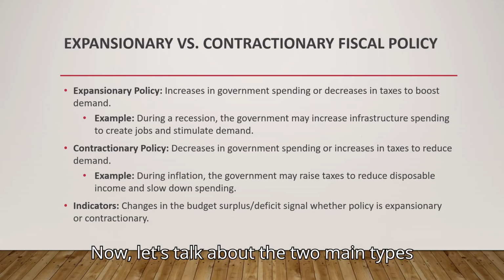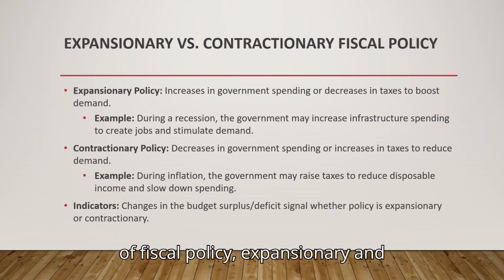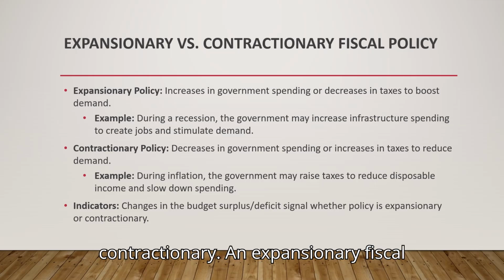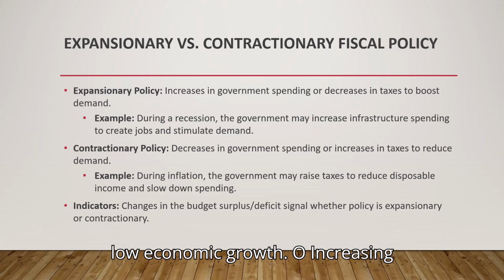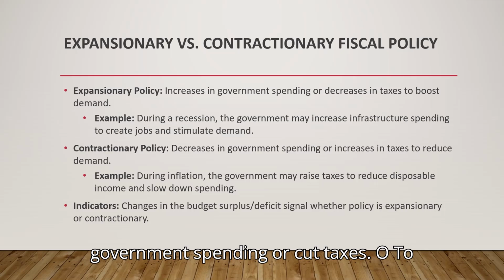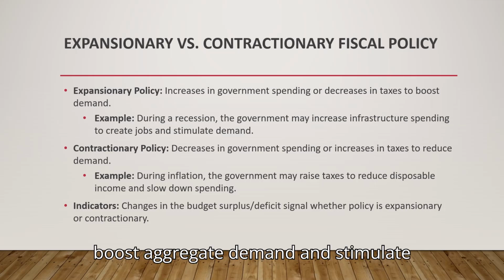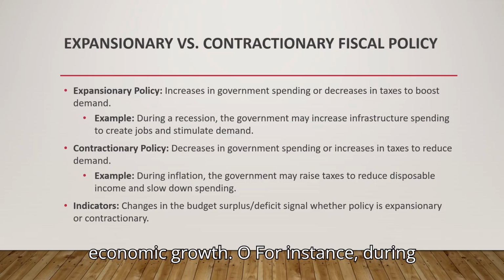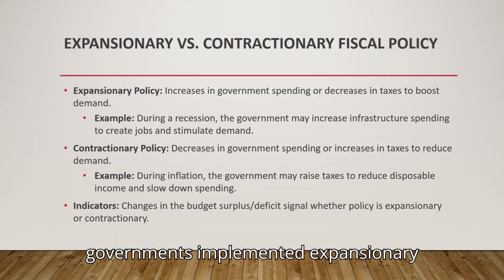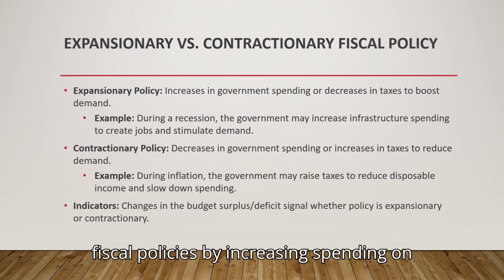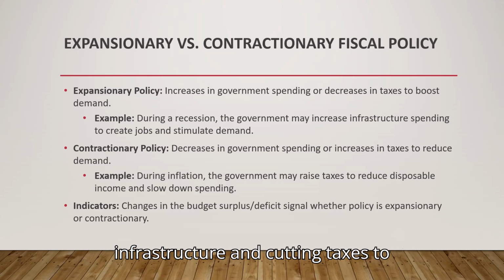Now let's talk about the two main types of fiscal policy: expansionary and contractionary. An expansionary fiscal policy is used during recessions or periods of low economic growth: increasing government spending or cutting taxes to boost aggregate demand and stimulate economic growth. For instance, during the 2008 financial crisis, many governments implemented expansionary fiscal policies by increasing spending on infrastructure and cutting